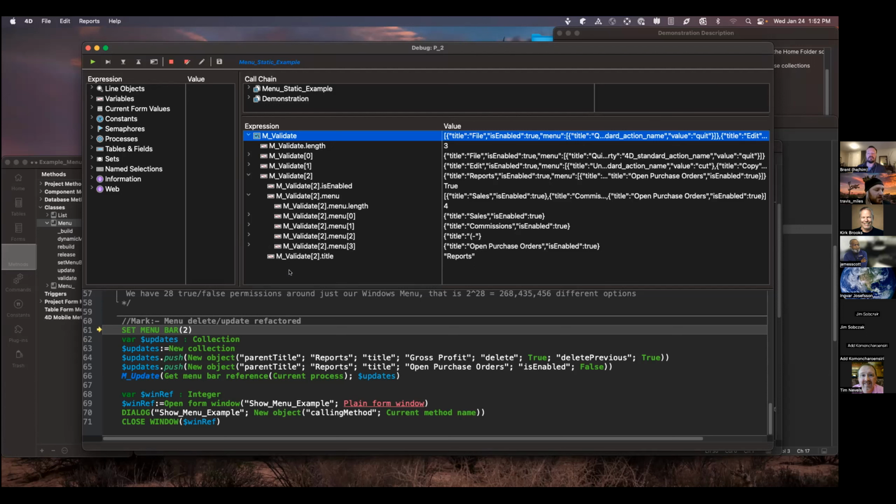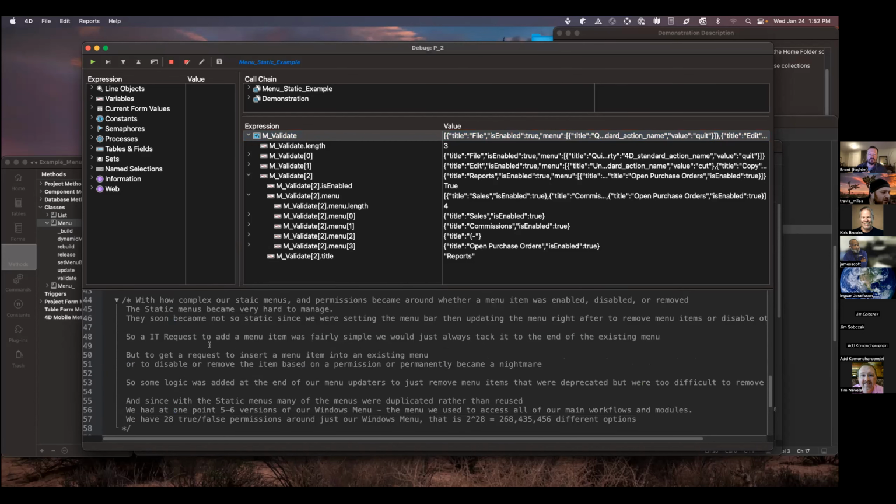That way you don't have to call get menu item and pass in the indexes to see which one your element is. And you don't have to call those commands. You just run this one method from the debugger. It works great. So here I show the example of just using this update one by name. So we had some ways to do it before